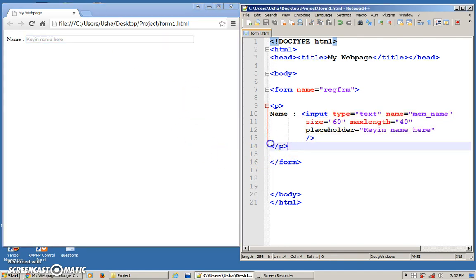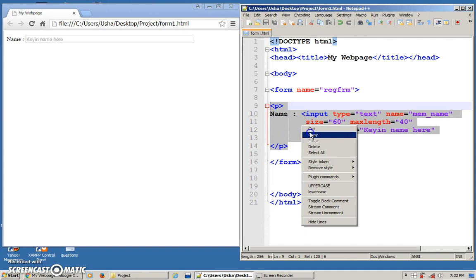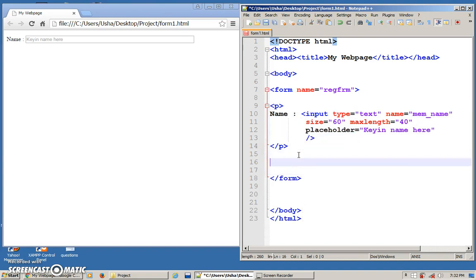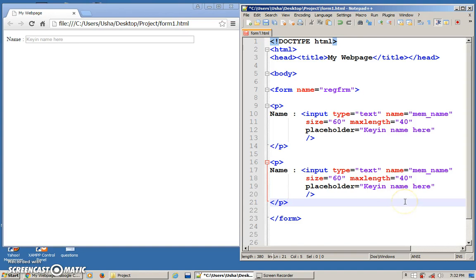Okay, you can actually do the same for a password box. Okay, so this is a password box. Everything is the same. Okay, maybe I want to change the name, so maybe member password. Okay, it can be any name. For passwords, the size might be a little bit smaller, so I'm going to put like 30. And the max length, meaning how much I can put in, maybe slightly lesser than 40, so maybe 20. So I can see 30, but the max that I can go is 20. So I can put here key in password here.